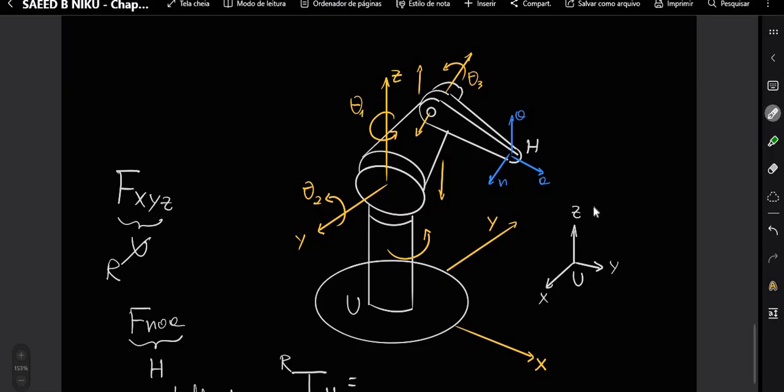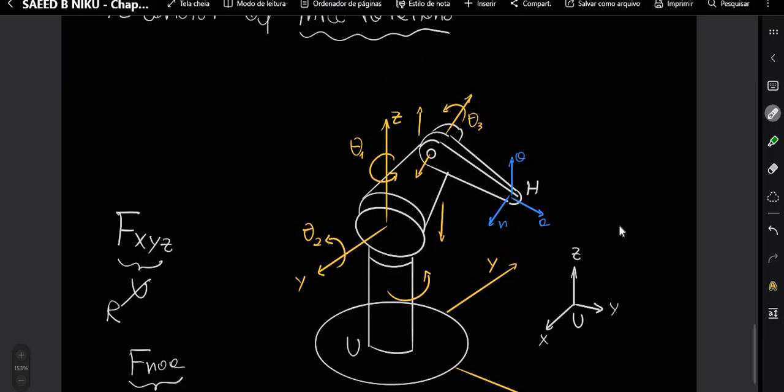It looks like it's pointing in the same direction as the y-axis, but if we do a rotation on the z-axis, and if this whole system on these links points to here,